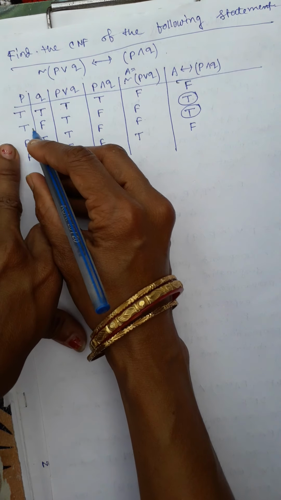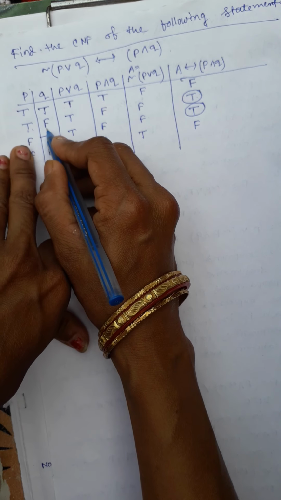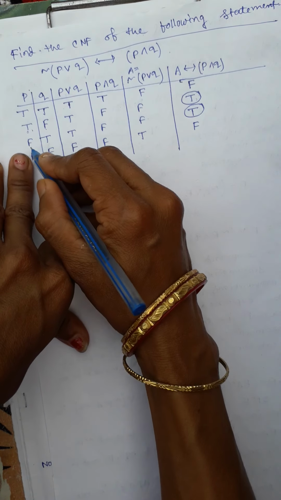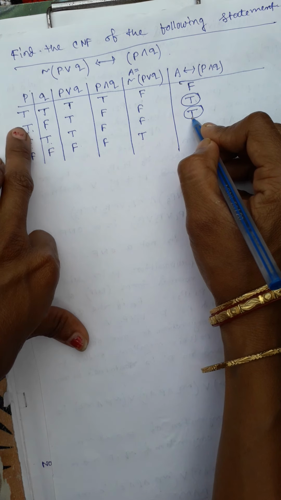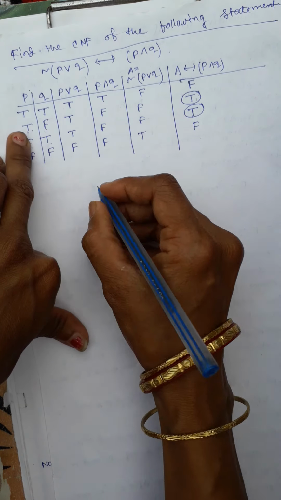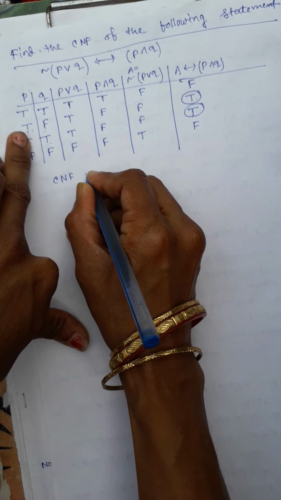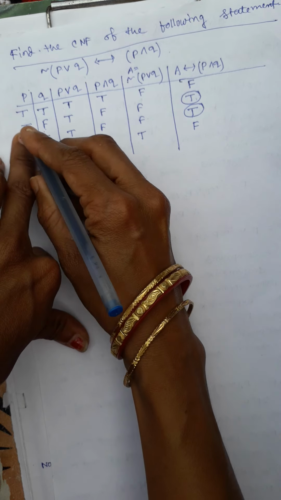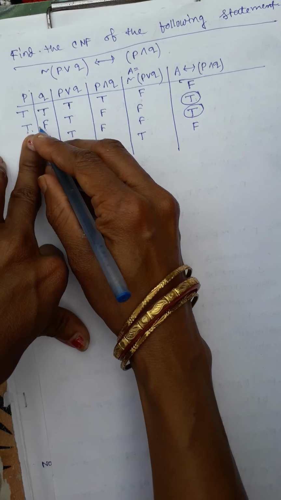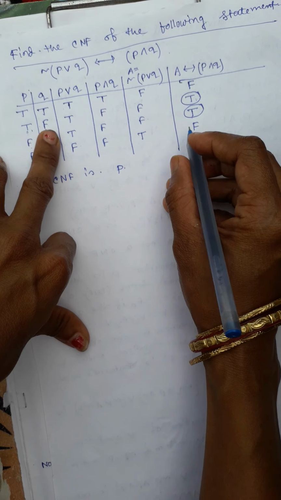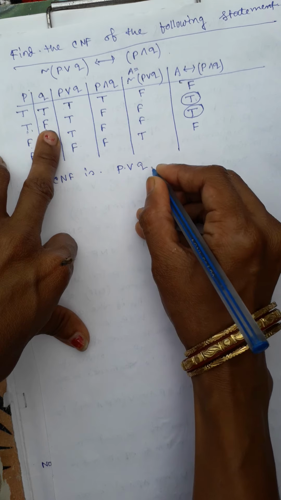This will come from here. So if P is true, Q is false, then it is true, and if P is false, Q is true, then it is true. For this statement, if we write here P and F, the disjunction of Q,